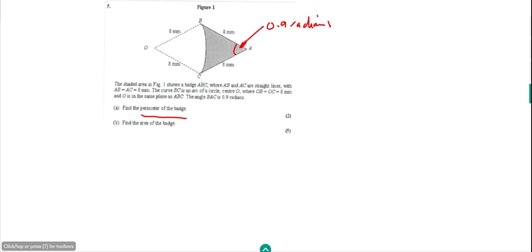So first thing we need to do is find the perimeter of the badge. We can see that we've got two sides which are given, 8 and 8 millimeters. So we just need to find the arc of this sector. Because it's a rhombus, we know this side is going to have the same angle, so this is going to be 0.9. And so the arc length BC